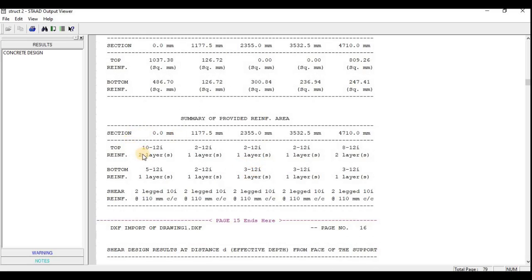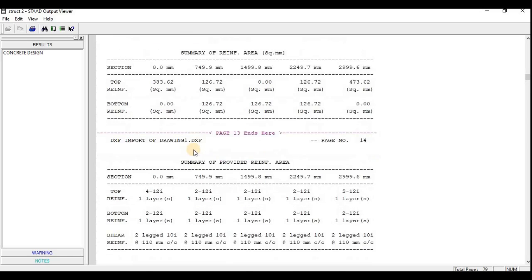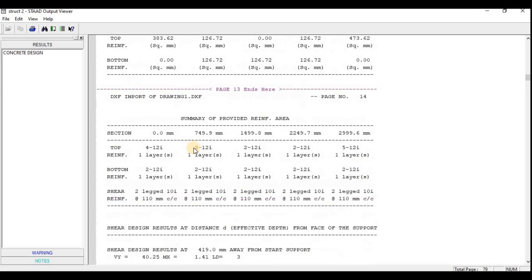At the top you need to provide 10 numbers of 12 mm dia, which is the minimum. But at the top here you cannot provide 10 numbers of 12 mm. That's the failure you had in the previous beam, beam number 12. It fails due to this condition.